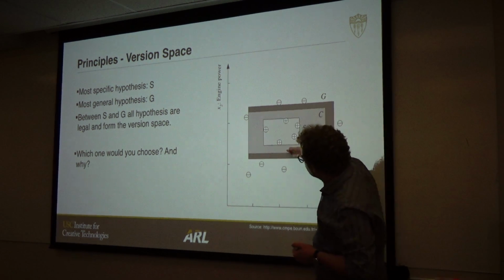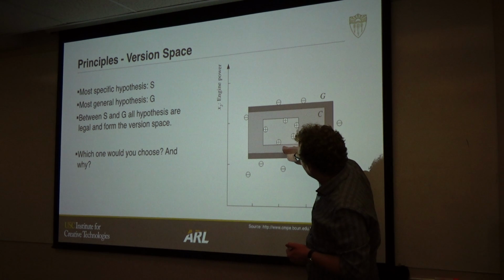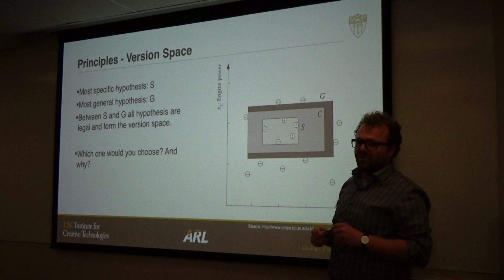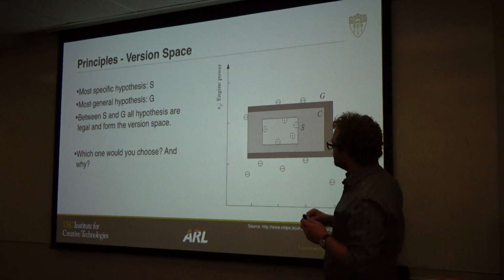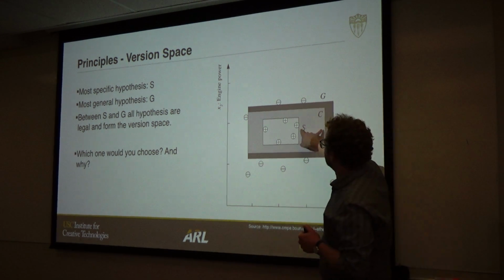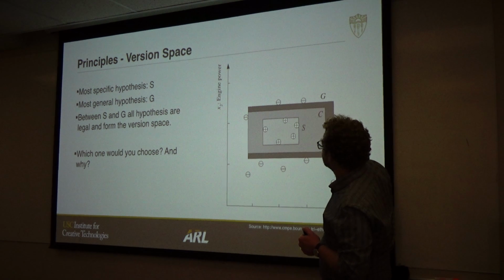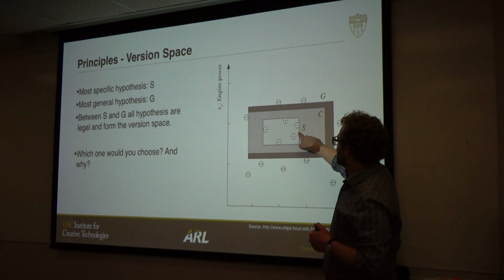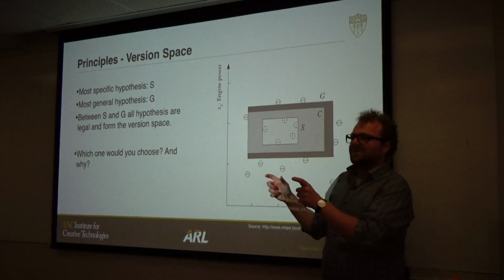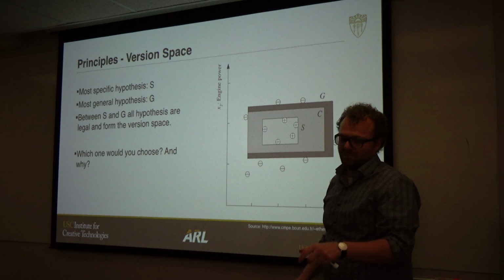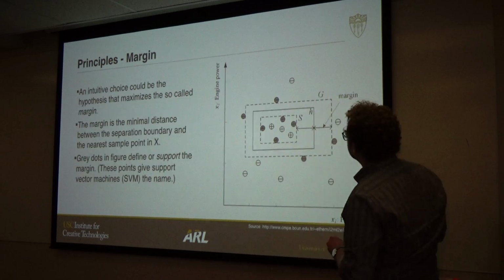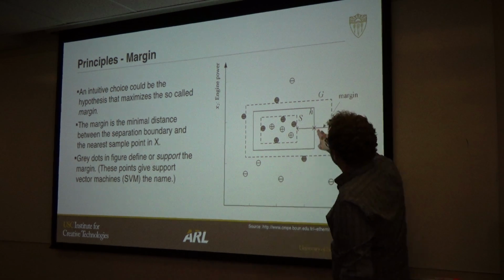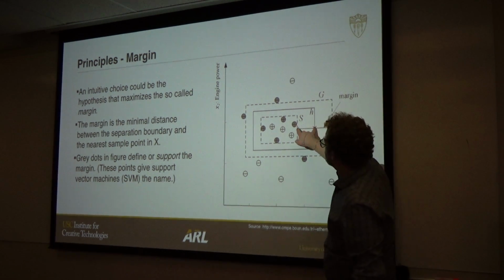So we want something that's exactly in the middle here, because then I can have all of these observations here and all of these observations here, and they would all be correct. Okay? So the distance between any data point and the boundaries of the classification, and these are all boundaries, that's called the margin, and we want to maximize the margin. It looks like this. So this is the optimal hypothesis H here, because it has the maximum margin.